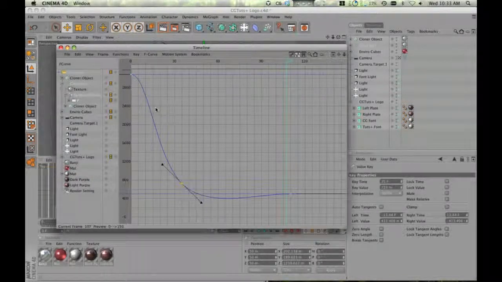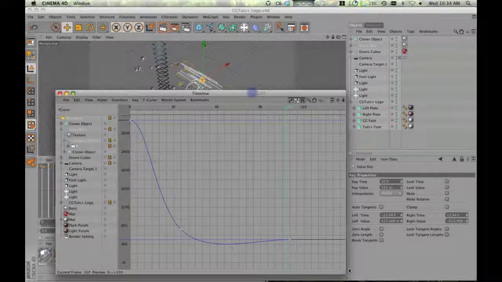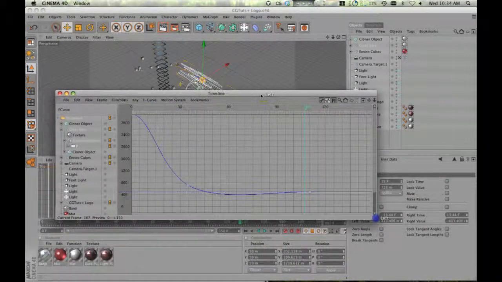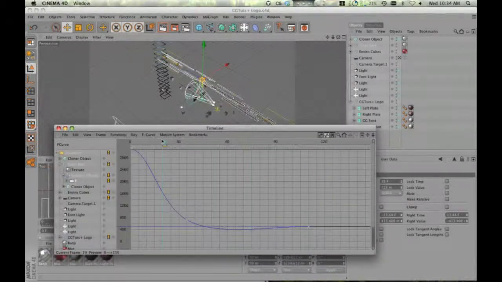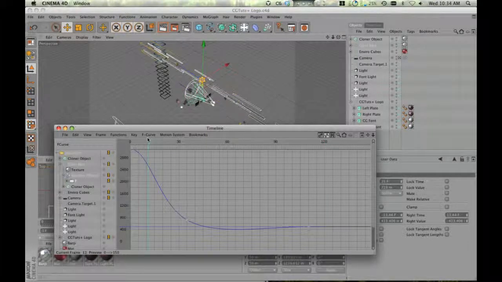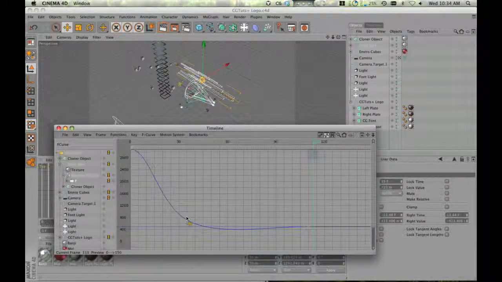And I actually have it on my settings where it doesn't do this, but this is the standard setting, so I want to show this so that way you can fix it. Cinema 4D auto tangents everything, so you can see here our spline actually dips below our lowest value, which is why we have that almost bounce right there, that slow bounce as it comes back up to the value. So what we're going to do is we just got to grab this handle,